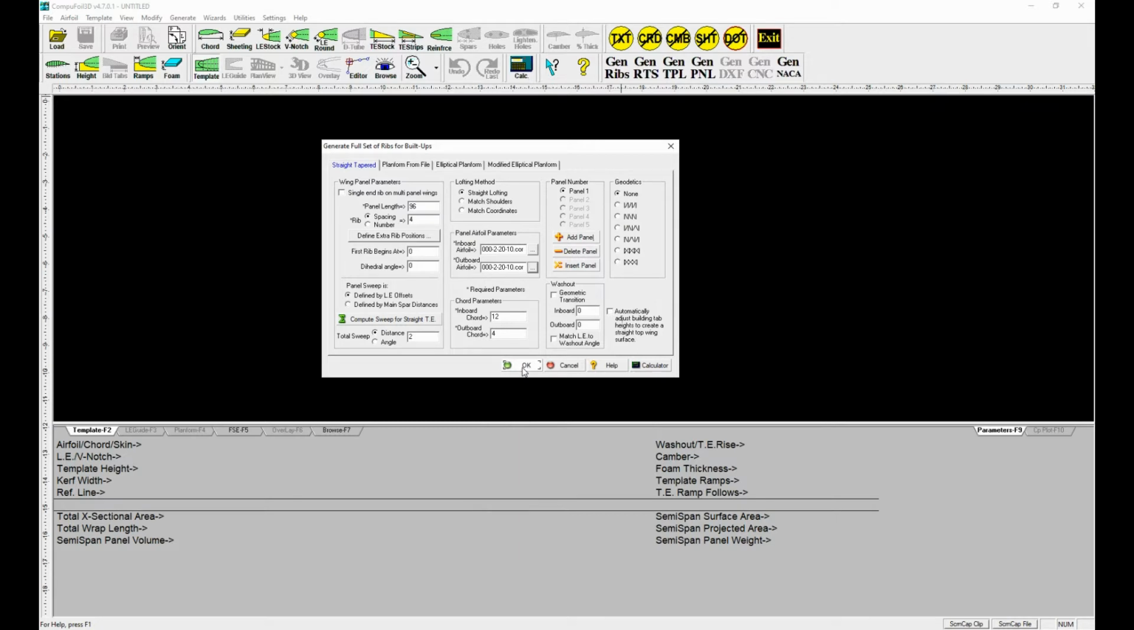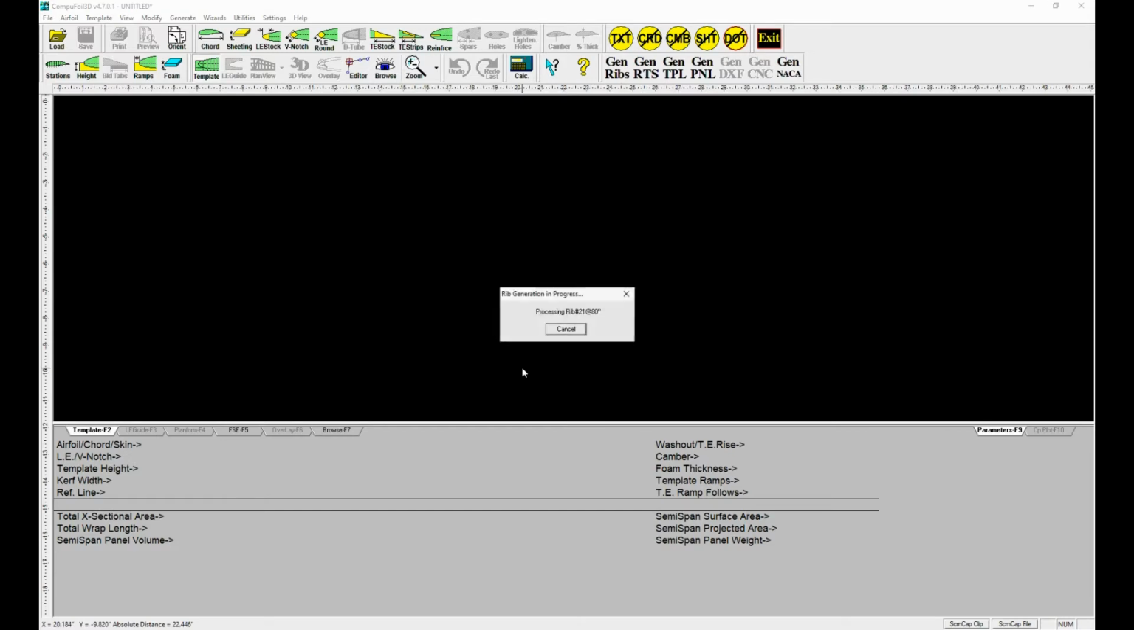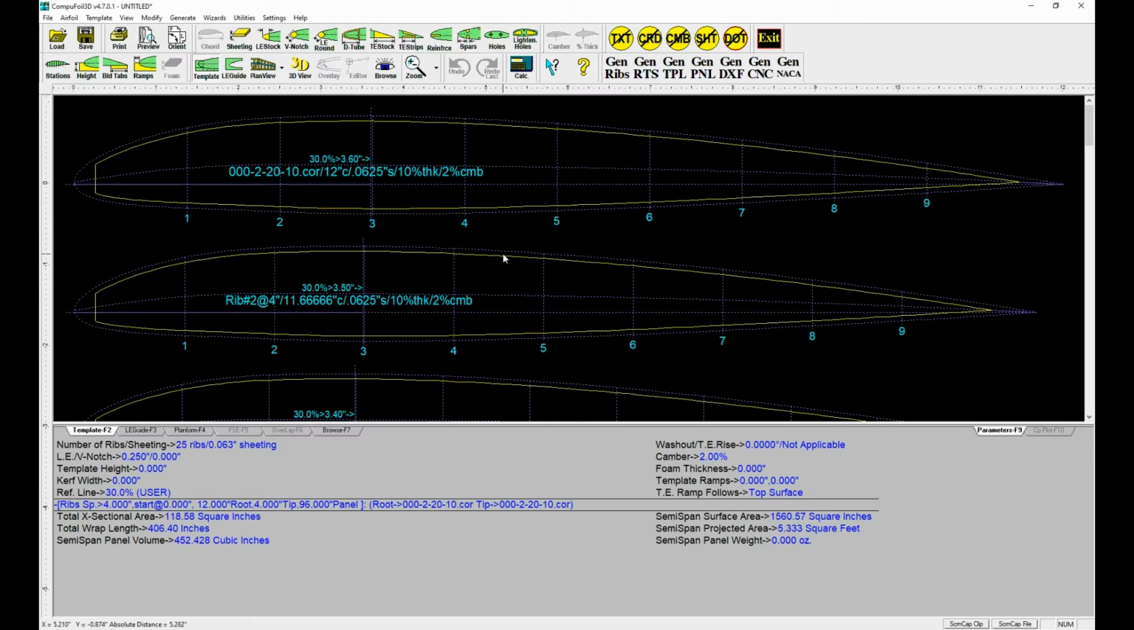So let's look and see what that looks like. Yep, that's it. So right now we just have a rough airfoil. We don't have the leading edge really designed yet, the trailing edge. We definitely don't have any spars. So what I'm going to do next is go with the